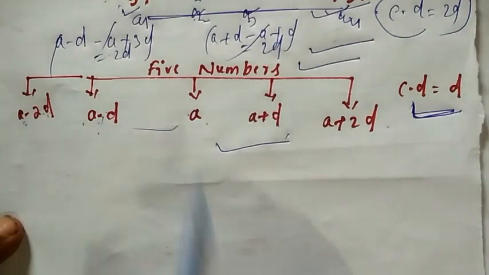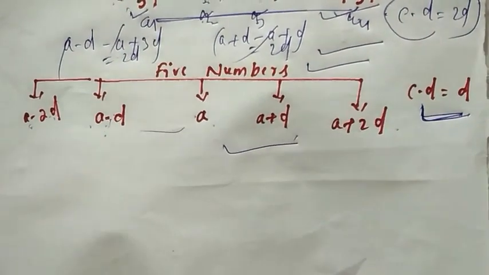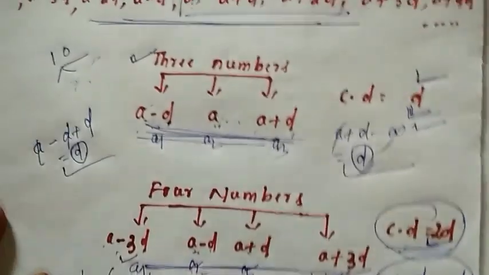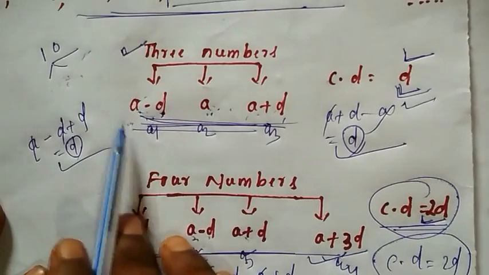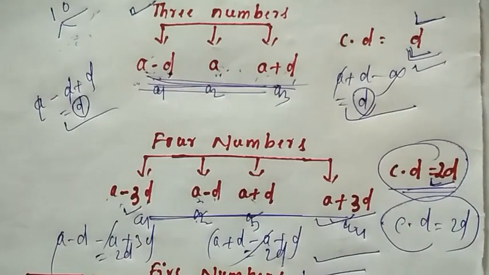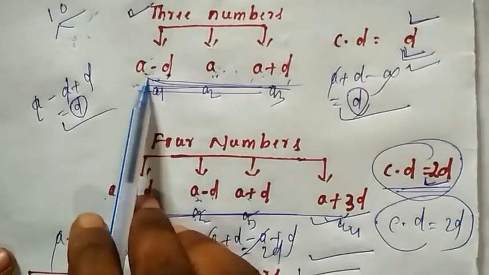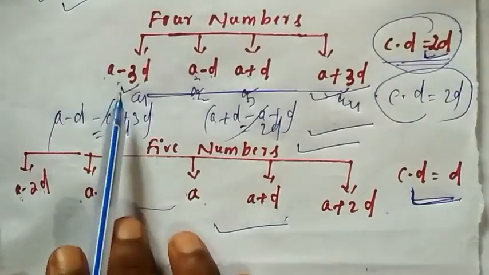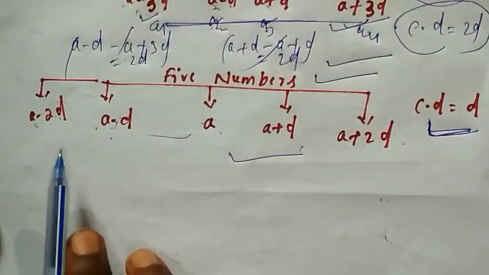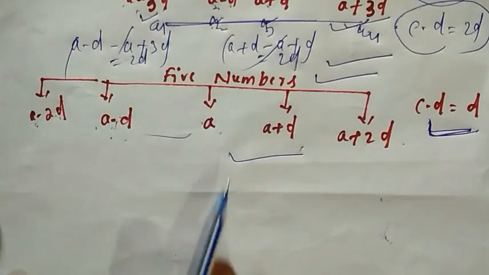Remember how you will select the five numbers. Six numbers also you can write, but up to your level, 5 numbers is enough, I think. Okay, remember up to this much. Again, while selecting three numbers, they will be A minus D, A, A plus D. For our convenient use, for eliminating one variable, we are taking a plus sign and a minus sign simultaneously. For four numbers: A minus 3D, A minus D, A plus D, A plus 3D. For five numbers: A minus 2D, A minus D, A, A plus D, A plus 2D. Note this down students, it will be helpful.